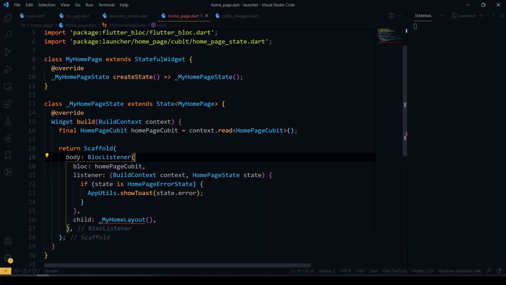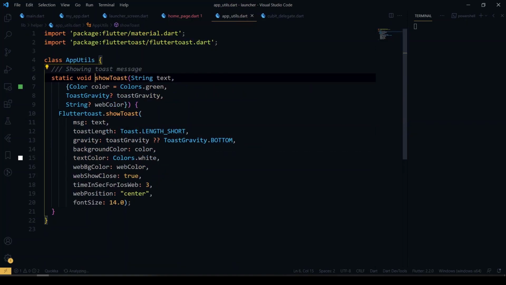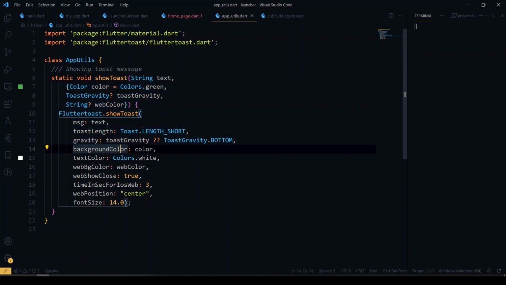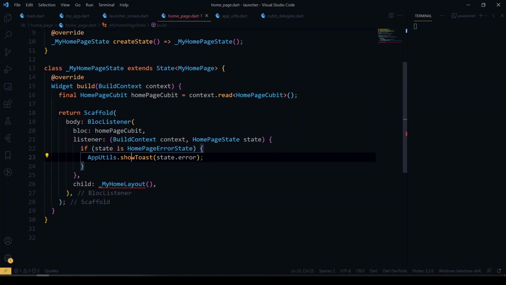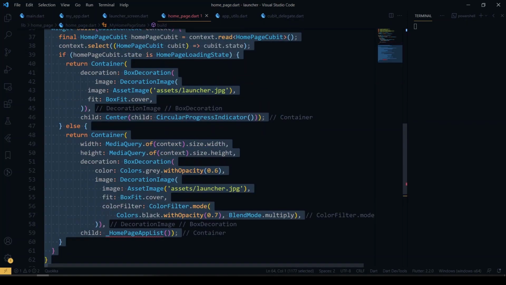Inside the home page, I have added the bloc listener to keep listening to the state as it changes, and if the state is an error state, I'm just showing a toast message here. I have added a class called AppTuples here. Here I just show the Flutter toast, and after that I have a widget called home layout widget.